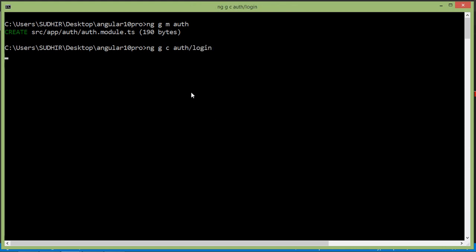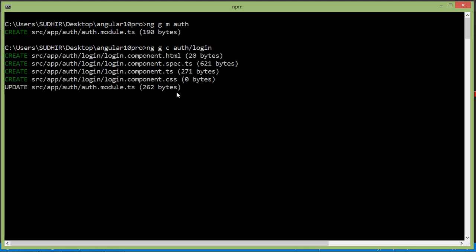Okay, now press enter. Alright, the login component has been created and also updated inside the auth.module.ts file. Alright, now just create one more component.